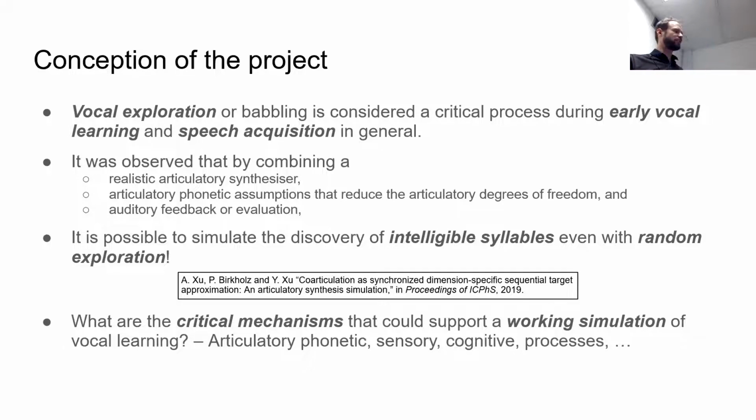And then basically the questions going forward from there are, what are the critical mechanisms that support implementing a working simulation of vocal exploration, in terms of articulatory phonetic aspects, sensory, cognitive, and algorithms or processes needed to actually make progress on this task. So emphasis here also on the working simulation, because one of the objectives of this project is to have some sort of quantitative evaluation of the outcome. So this is related to intelligibility of the outputs. We'll see later. So let's begin with